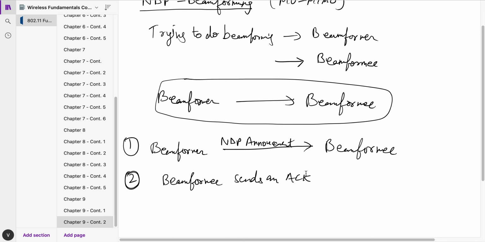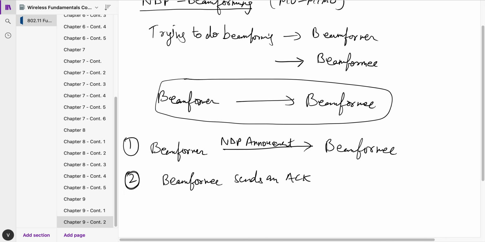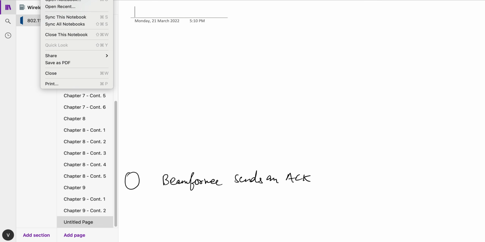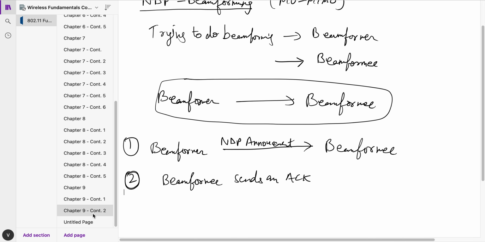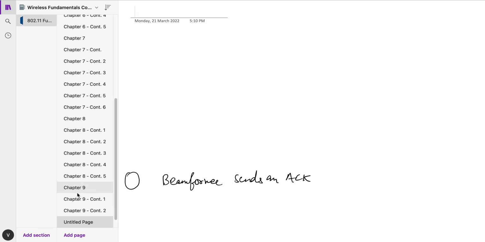In the third step, hang on, let me do this. Let me add another page and then go back to this page. Doesn't work. Let me add one more page and then